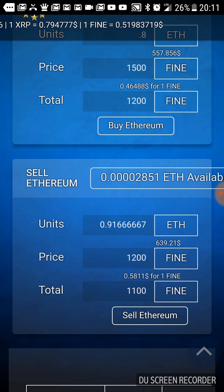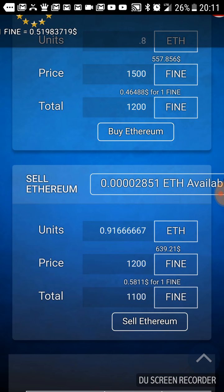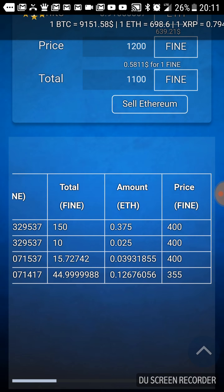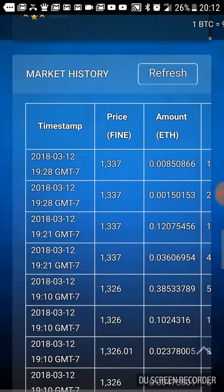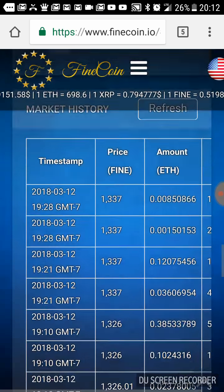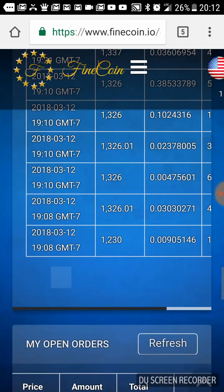So option 2 is what I'm kind of calling my moonshot. This is kind of what I've been doing lately. Right now it's selling for, well, what is it selling for right now? 1370. Or here, market history, 1330 is about what it's going for now. And you can see if you go to the next page in the history, which it's not going to let me do because